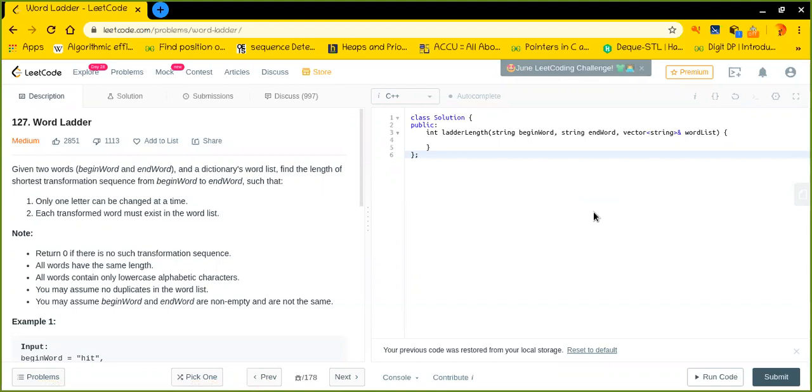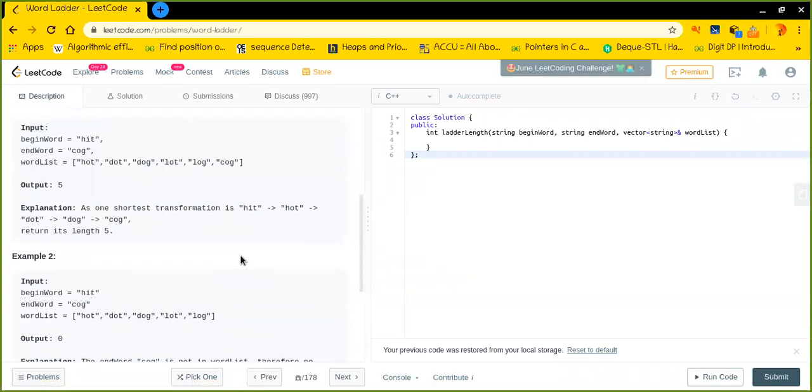In this question we are given two strings, and along with that we are also given a list of strings, basically the ladder of strings. Essentially, we are asked to find out whether we can convert or transform string 1 to string 2.